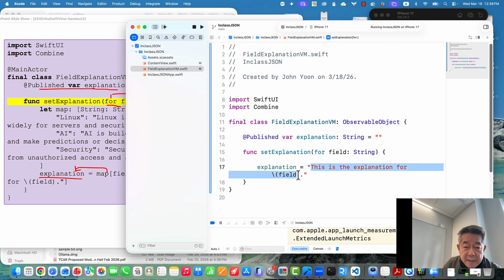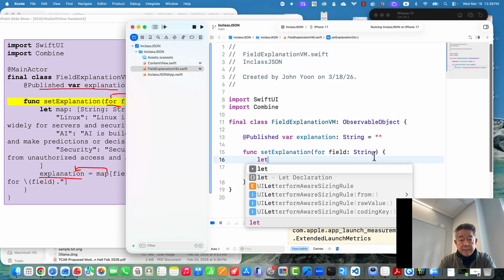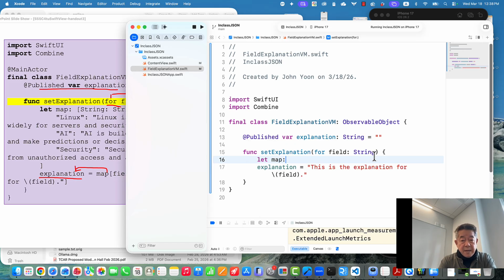I simply said, whatever I choose from there for the parameter for the field, I said that. So here, I want to make a dictionary map that is String to String,